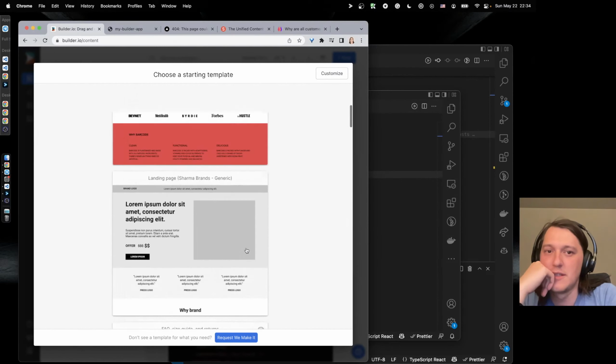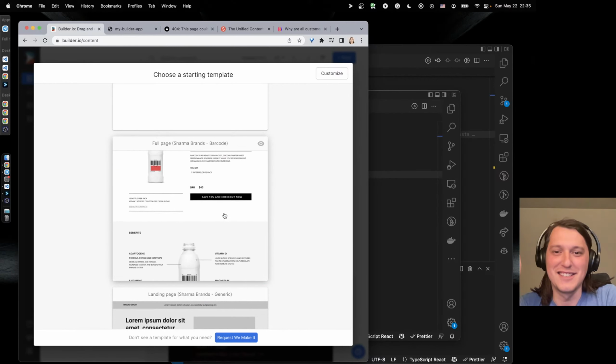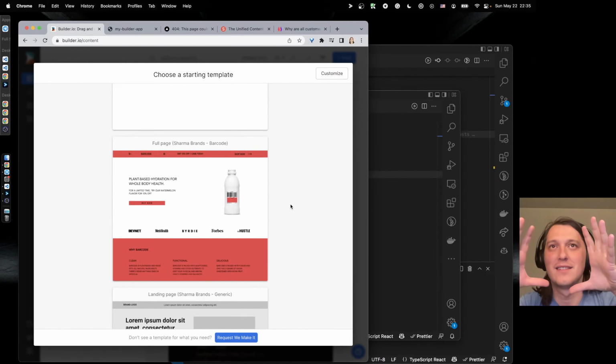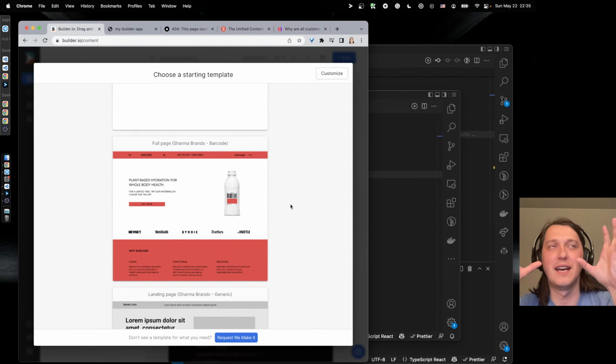The nested doll analogy that I wanted to try is that you have the Next app, and the first thing it does, it goes to Builder and gets some like page from there.